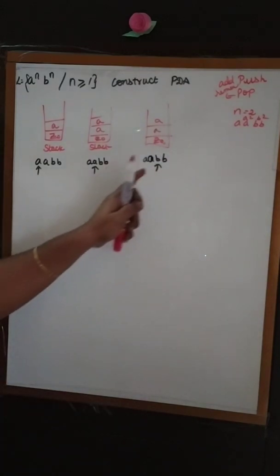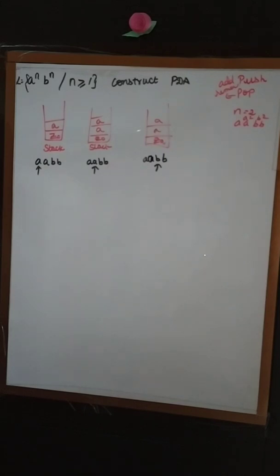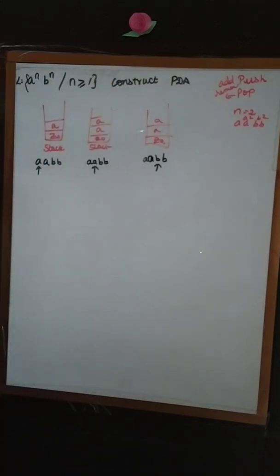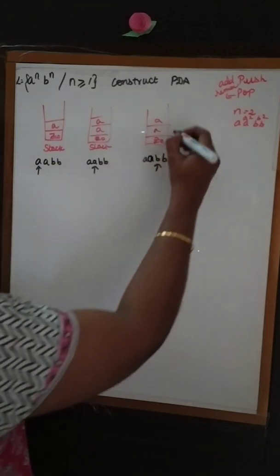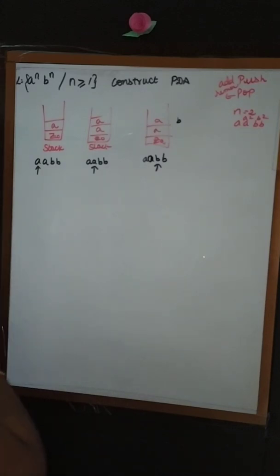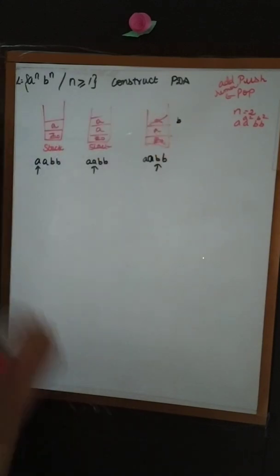So now my pointer will be pointing to the next symbol. What is the next symbol? I have got b. Whenever b is going to come, what I have to do? We have to do the popping. So this operation here, we have pushed the element a. Whenever you are going to pop, that time we will be removing the element a. So now what is my input symbol? B. What is there on top of the stack? A. So I have to remove a.